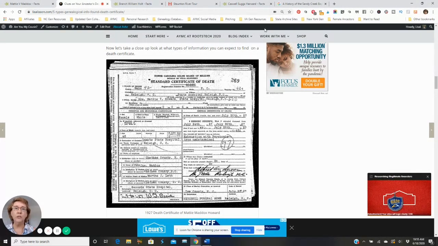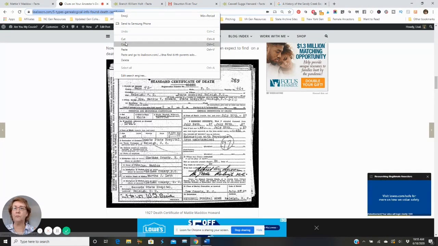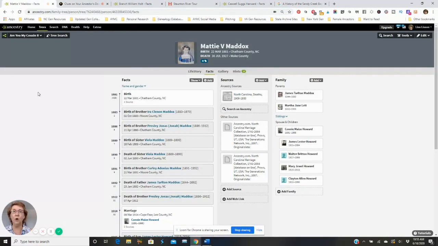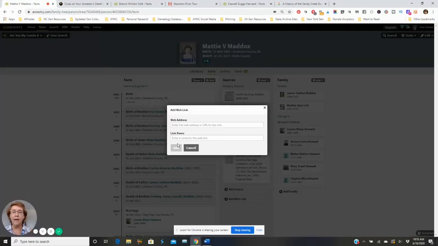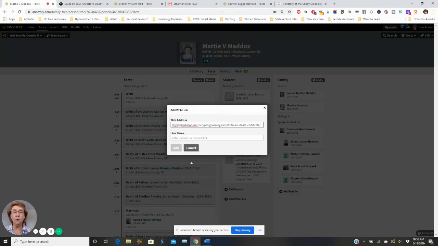So what I'm going to do is grab that URL up here and copy it. And then I'm going to go back to her profile page on my Ancestry tree. I am going to click add web link, and then I'm going to simply put in that URL. So that's the URL that leads to the article that I wrote. And then I'm going to put in just a title so that people know what they're looking for. So we'll put death certificate